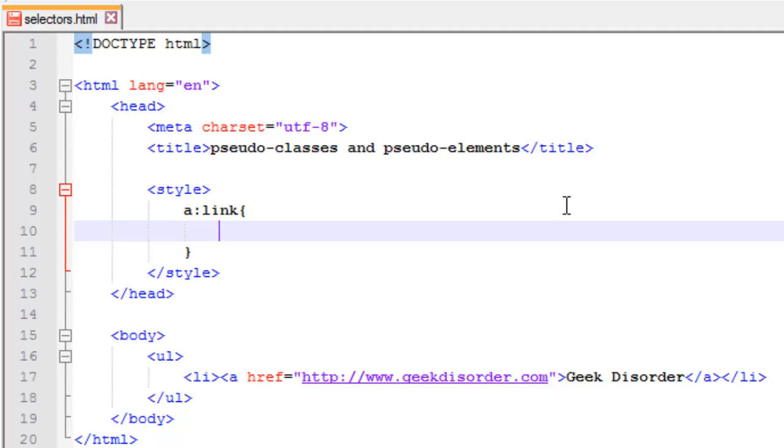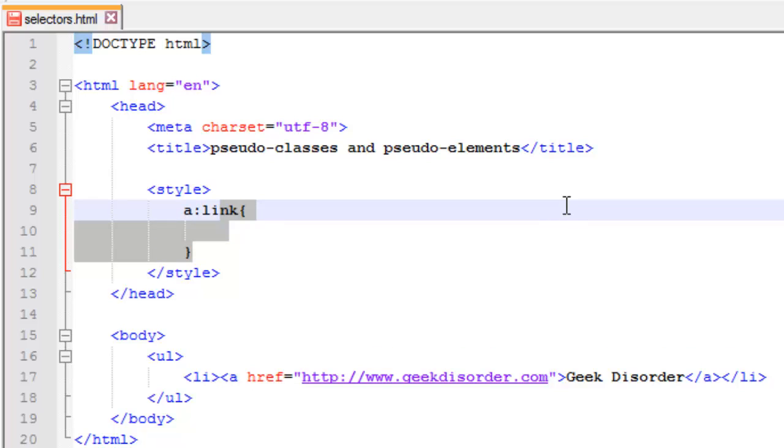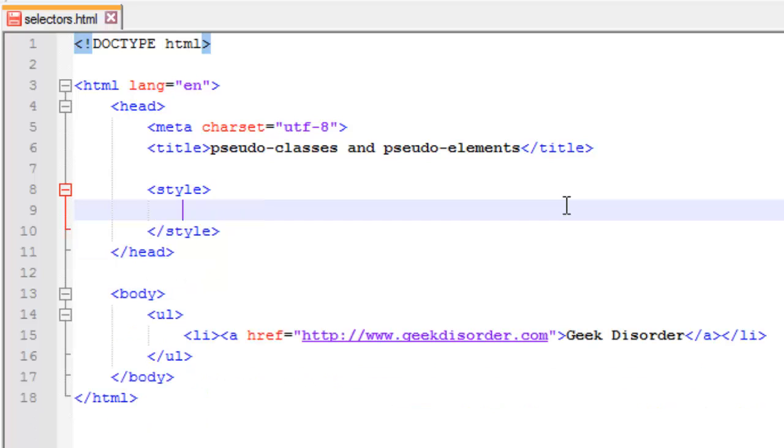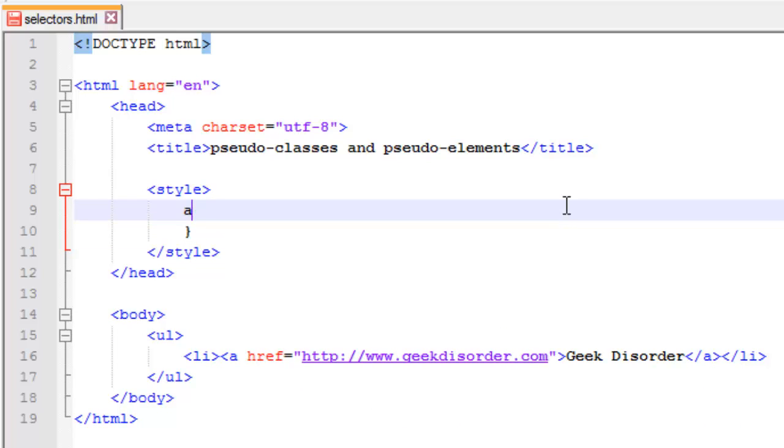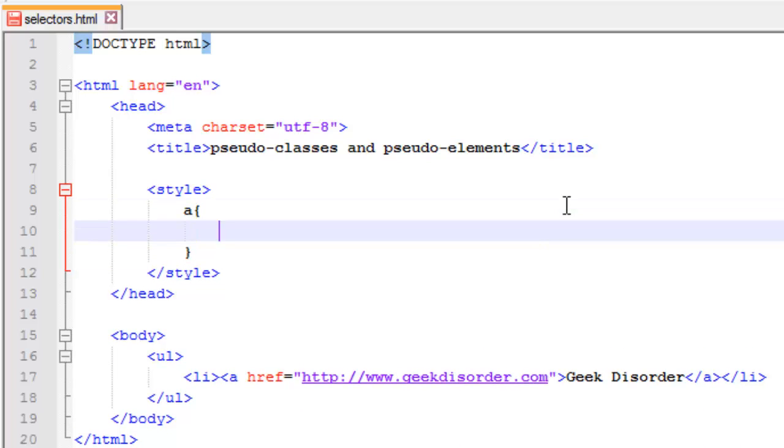Well, I'm going to actually take this out for a second. We'll go ahead and just cut that, and I'm just going to put A. Alright, well, here we go. Alright, and if I put color, just to change the color of my font, and I put red, actually let's